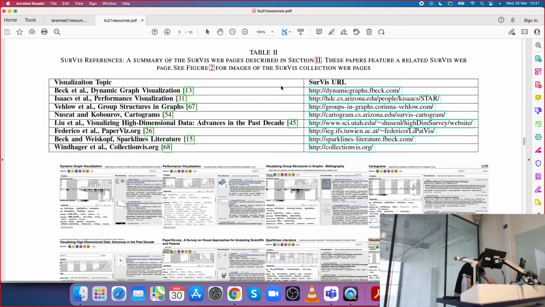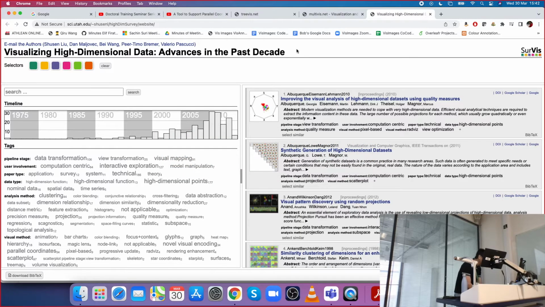So, for example, what would be a good one? Visualizing high-dimensional data. That looks like a good one. Okay, is that gonna let me? Okay, there it is. Visualizing high-dimensional data advances in the past decade. Right, so this is a survey's webpage. It's a survey visualization, right? And it's all the related literature dedicated to this topic, put on a web page and nicely organized so that